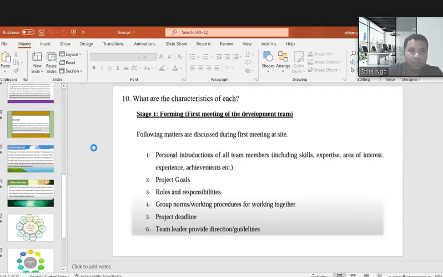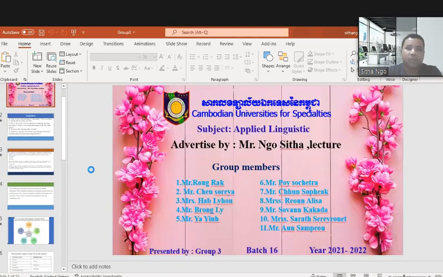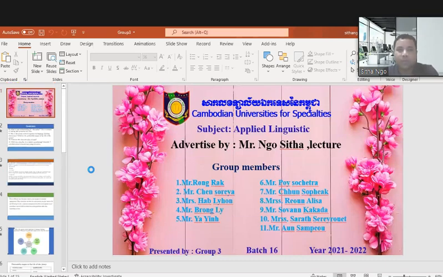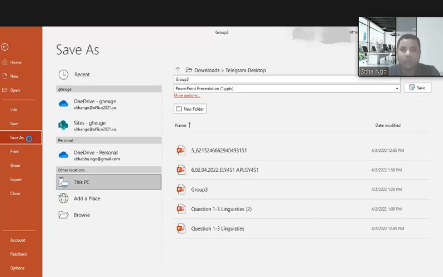Okay, this is just for unit 4, related to classroom management. I hope everyone can send all the slides from the three groups into the Telegram group, so everyone can get all the slides. From your group discussions, you can give more detail or get more information briefly from chapter 4, or unit 4, related to classroom management.